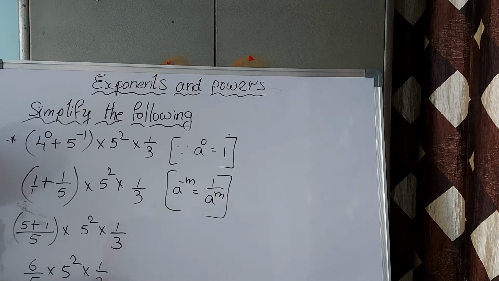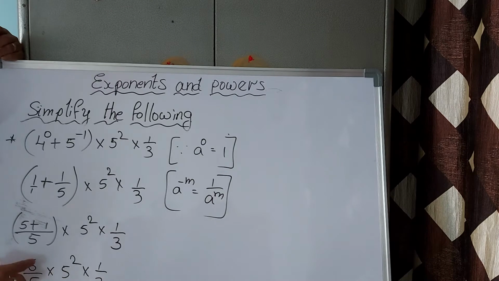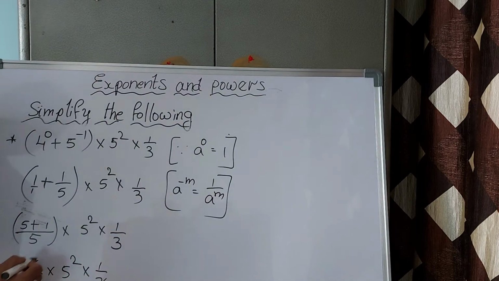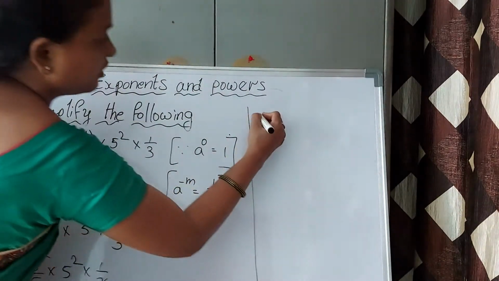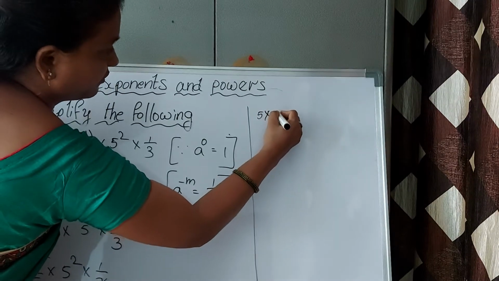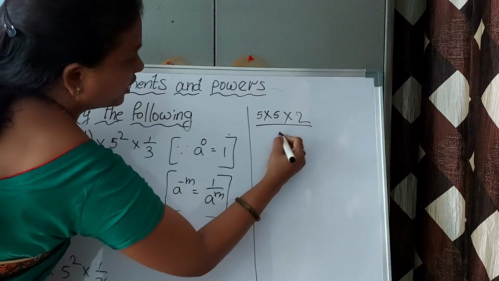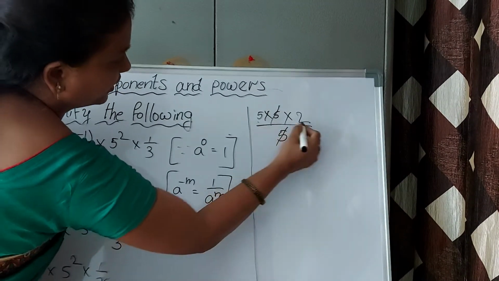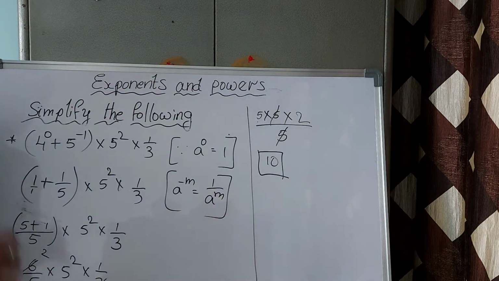See here, 3 is in the denominator. In multiplication, one numerator and one denominator we can cancel. See, 3 ones, 3 twos. Here also we can cancel: 5 square means 2 fives are there in the numerator and only 1 five in the denominator. So we can write 5 into 5, and this 2 is also there in the numerator. In the denominator there is only 1 five. 5 and 5 get cancelled. 5 twos are 10 is the answer. 10 is the solution. Next.